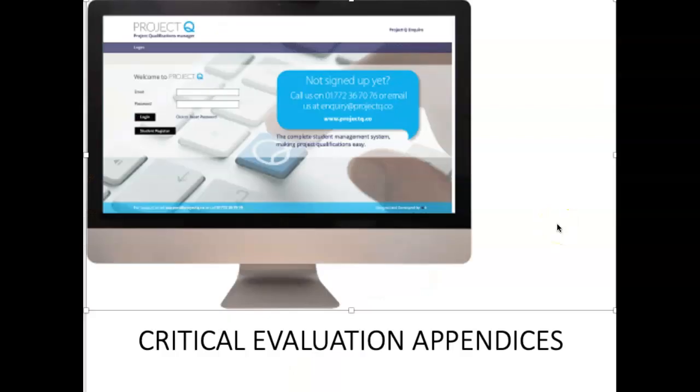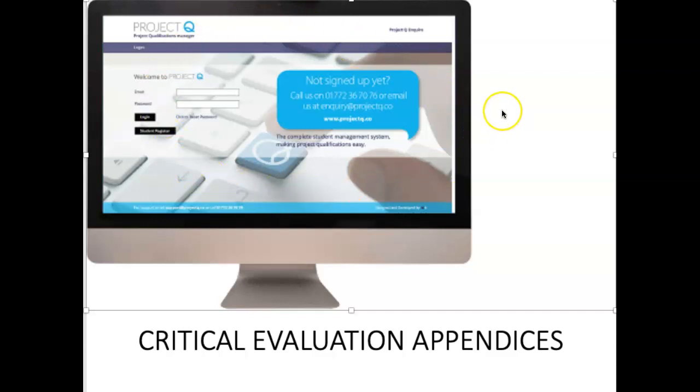Now, ideally, throughout the written report, or even the artifact report, you will be able to show these skills of critical analysis and evaluation throughout, and you will weave them into your arguments and into your literature review as much as possible. However, another important way of showing the examiner that you fulfilled the idea of critical evaluation is to attach a critical evaluation sheet in the appendices, which you would put alongside the production log.